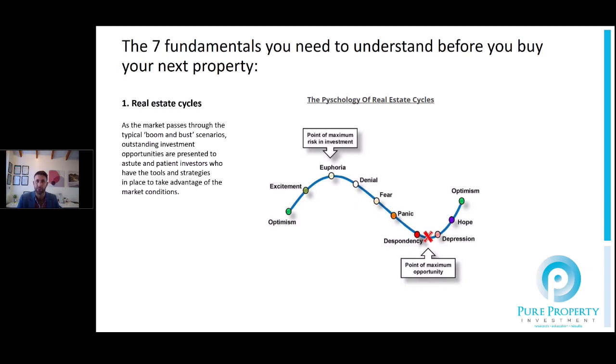But that's been a trend of what we sort of deem to be optimism around about 2010, 2012, through to excitement, which was probably that really strong growth cycle of double digit, and essentially euphoria. And that was probably where I see a lot of speculative purchases happening in those markets, where people basically got on the back of other people's growth and bandwagon buying, because credit was cheap, it was easy to get money, and people thought that those cities were bulletproof because they're major cities, and you can't go wrong.